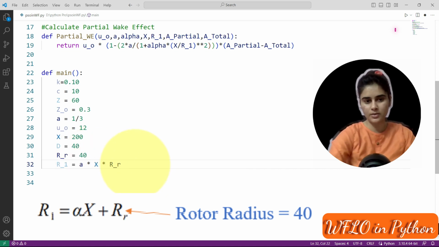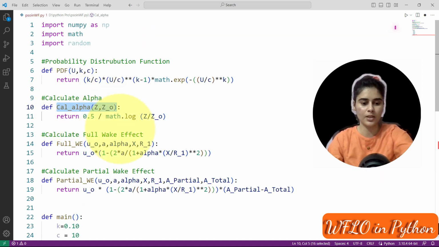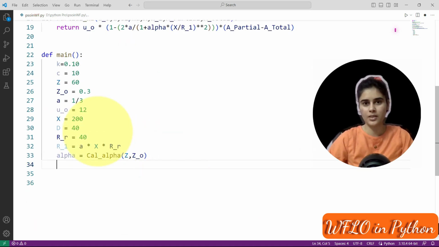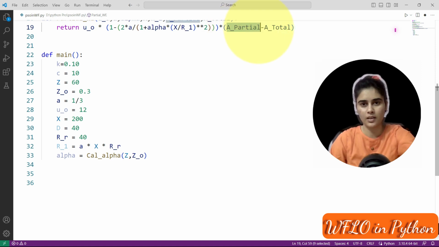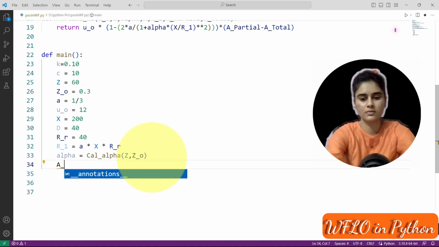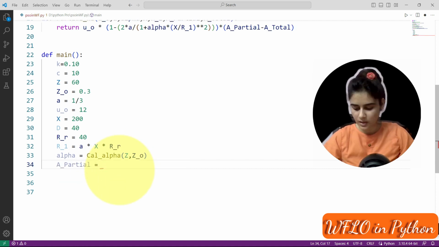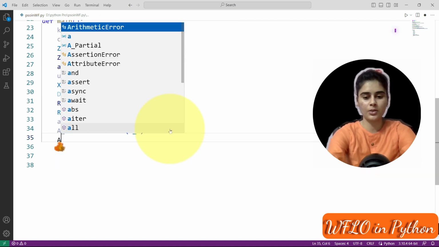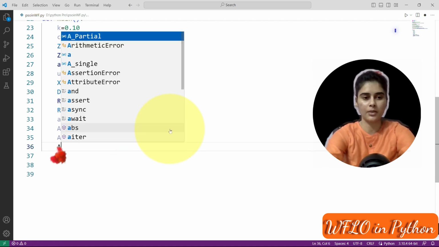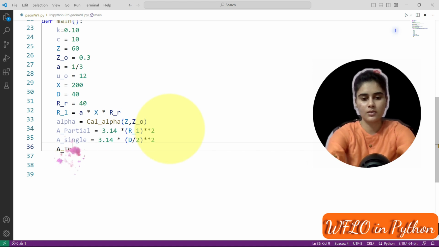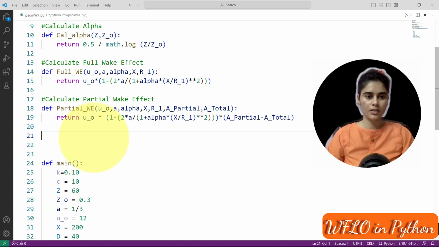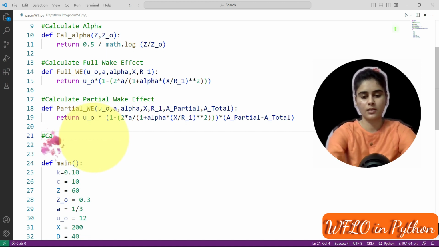Next we will calculate alpha using this function. Next we have this a partial and a total. For a total, first we will calculate a single, that is 3.14. We have a total, that single. Third case we have no wake effect.